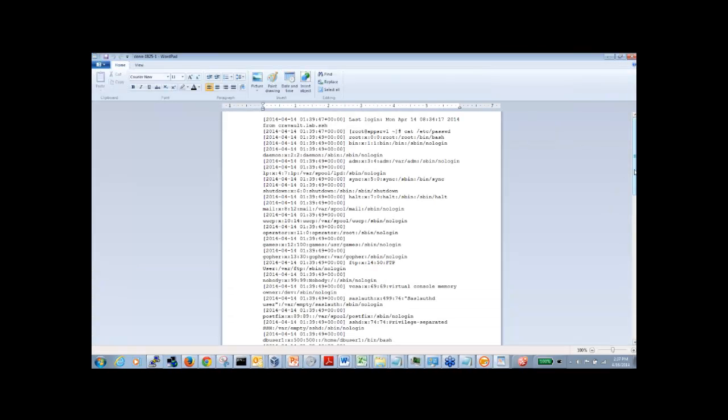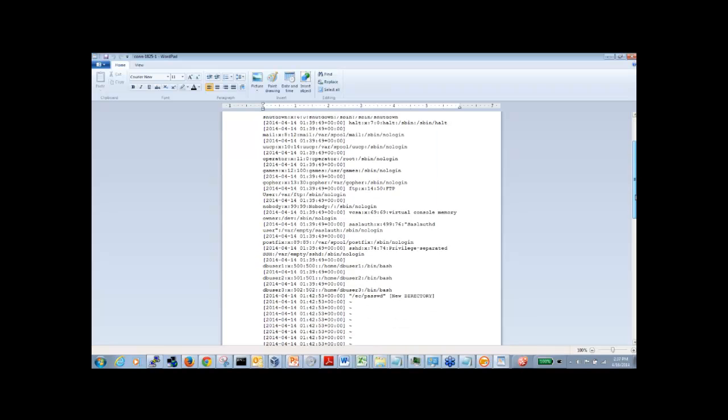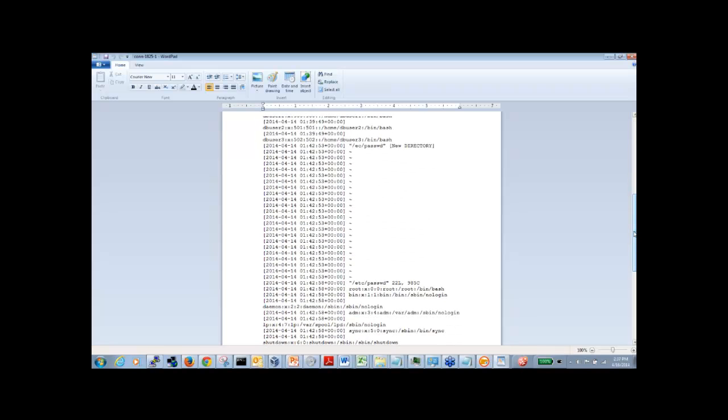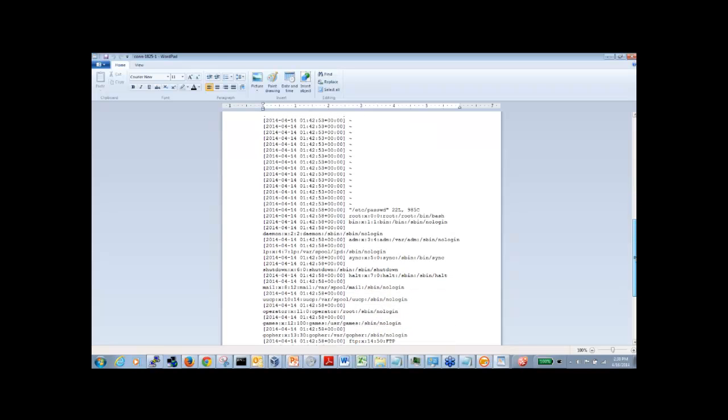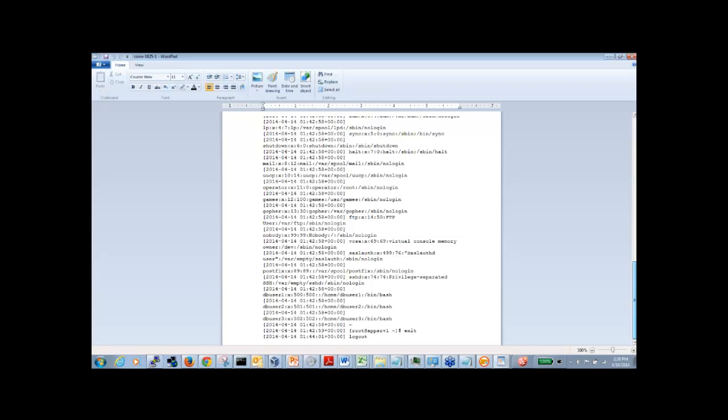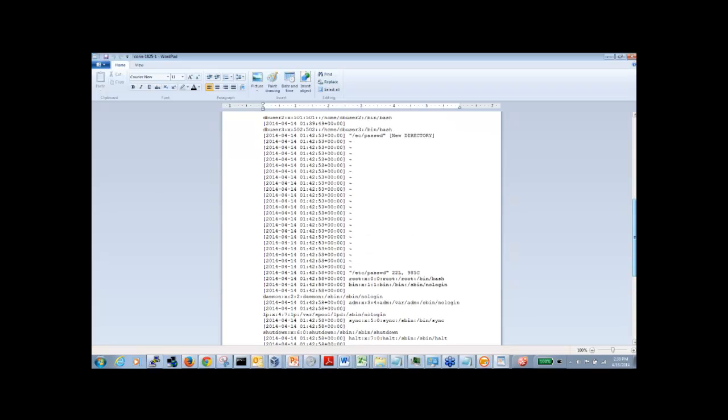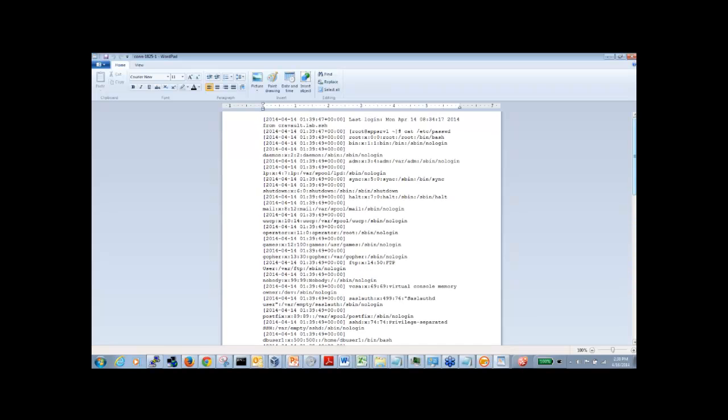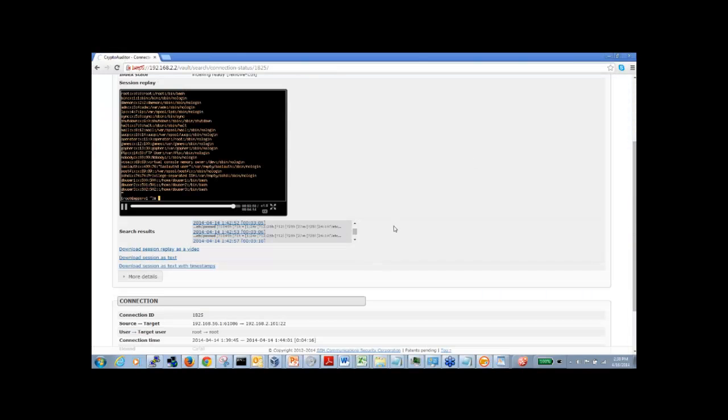The other thing to keep in mind is that all this, especially the text sessions, can be redirected to ArcSight, Splunk, or any other solutions out there where you're archiving the data or doing any kind of detections. So with this session, I can come back and view it in a text format where I can review every action that the user was performing in that session.